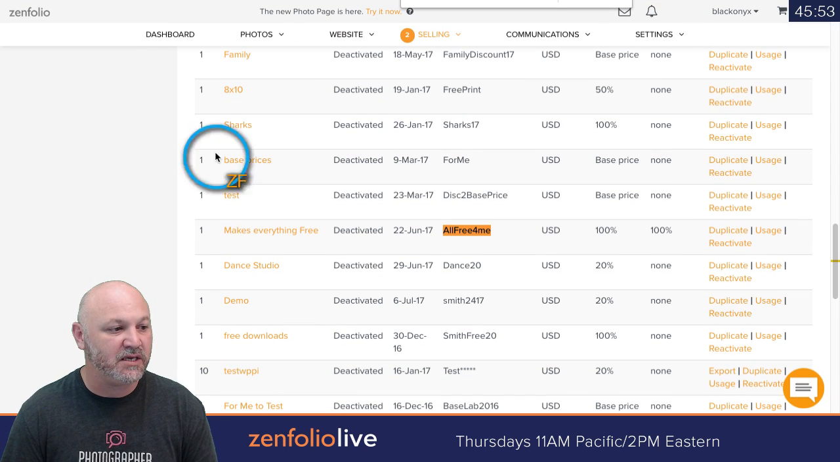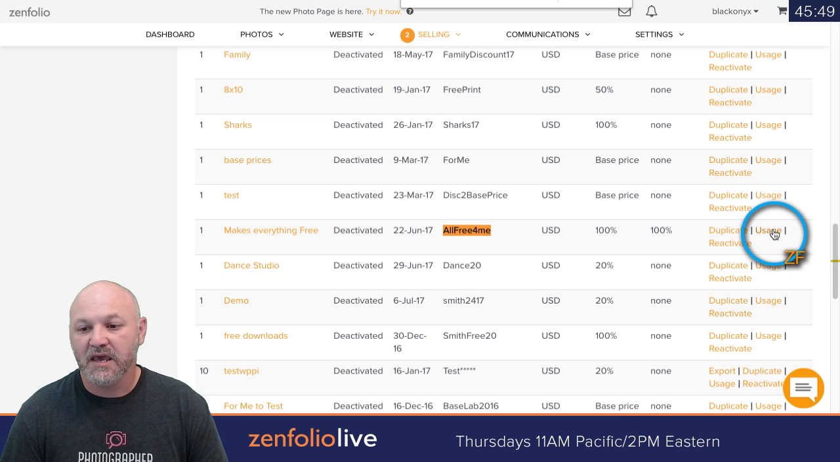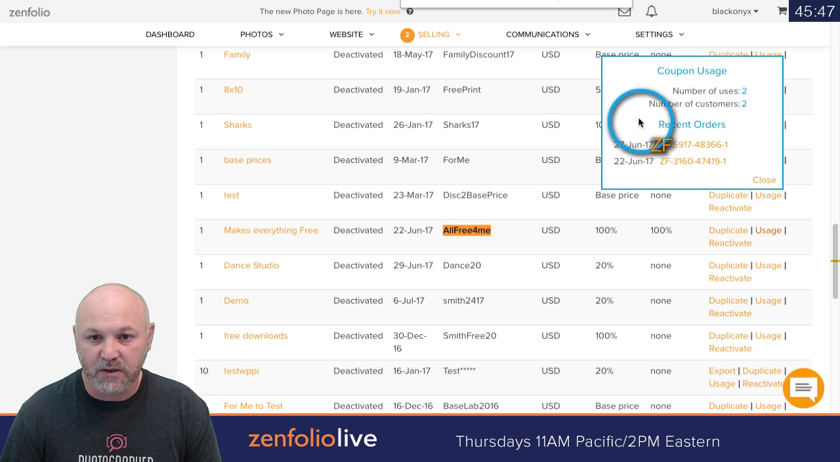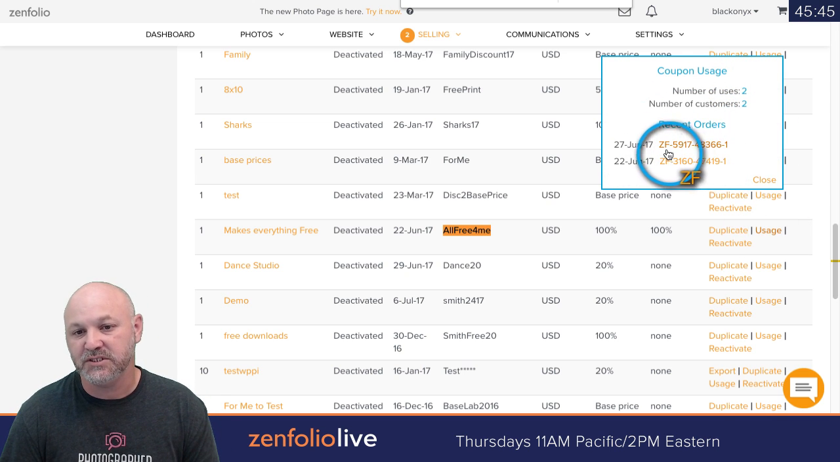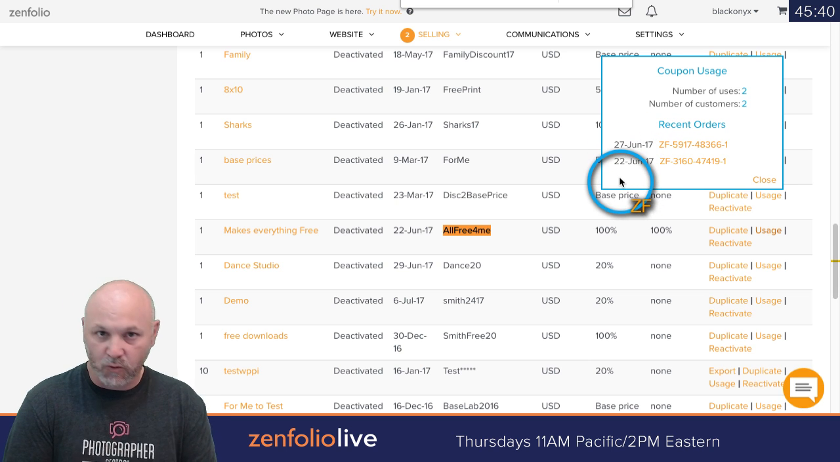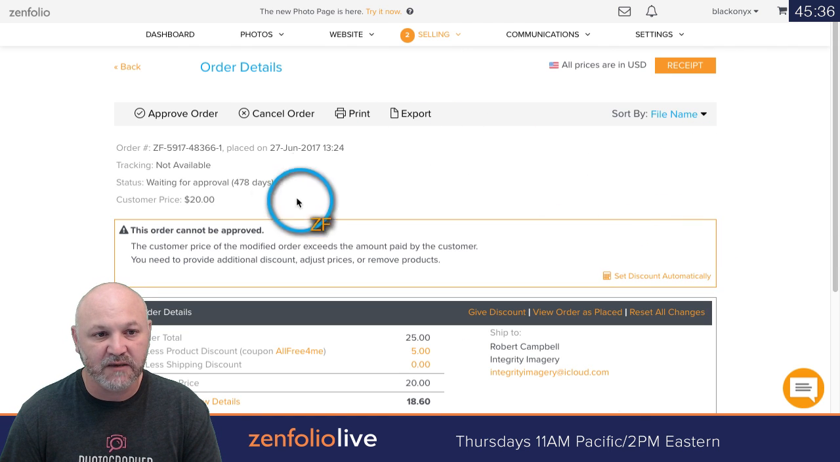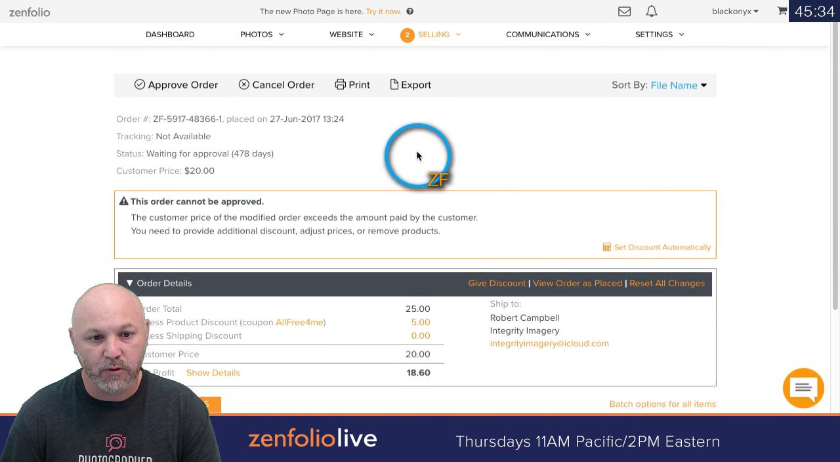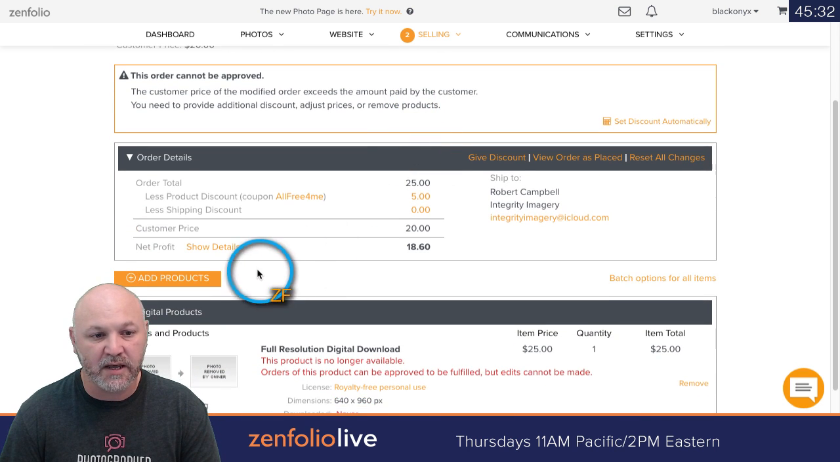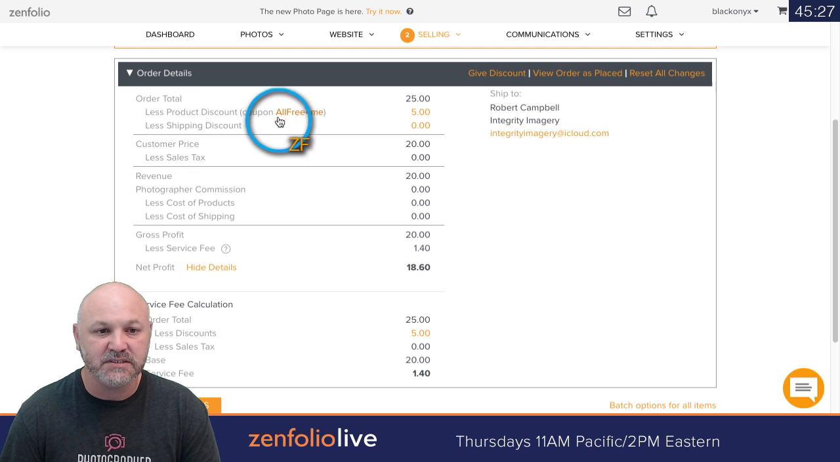And then I can actually click on this little usage button right over here. And this will let me see the orders that this coupon was used in and the date. And so now I can see the orders that coupon was used in. I can actually even click on these orders, and it's going to take me to that order report. So if I go here and I say show details, you can see right up here, it says here is